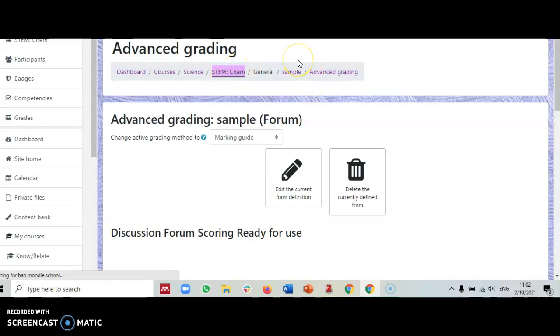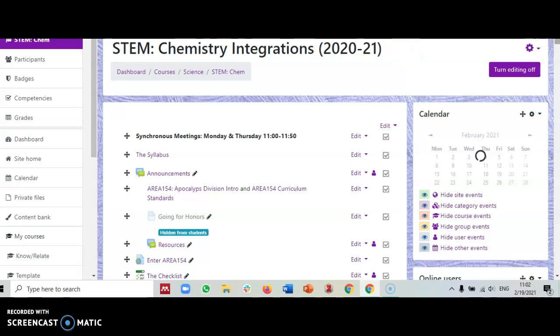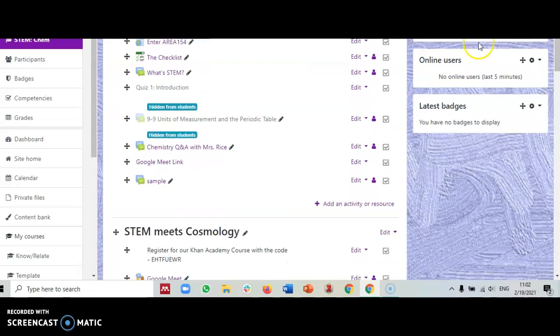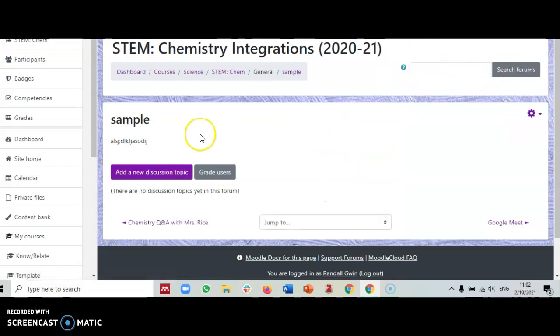So now I'm going to go back to the page, the journal page. Here's the sample form I just created. Click on that, and when the student logs in, the student will see your content here, and instead of grade users, they'll see view marking guide. So the students can see your rubric or marking guide here. If you click on grade users,